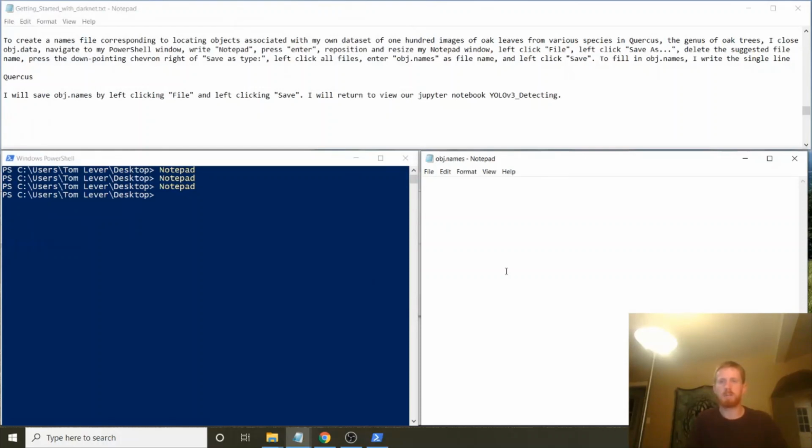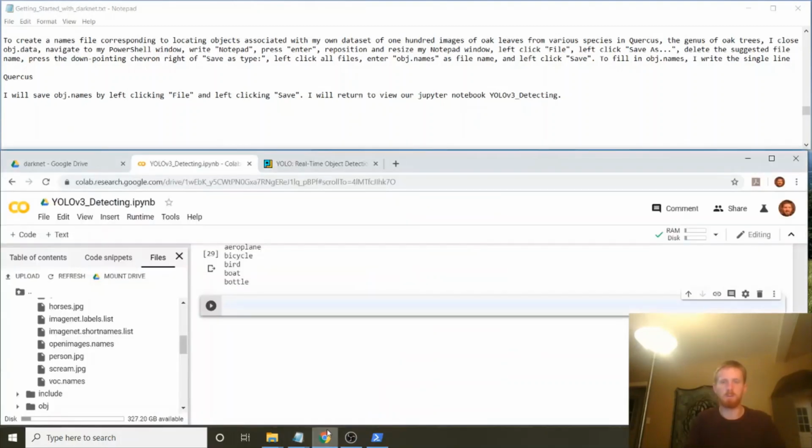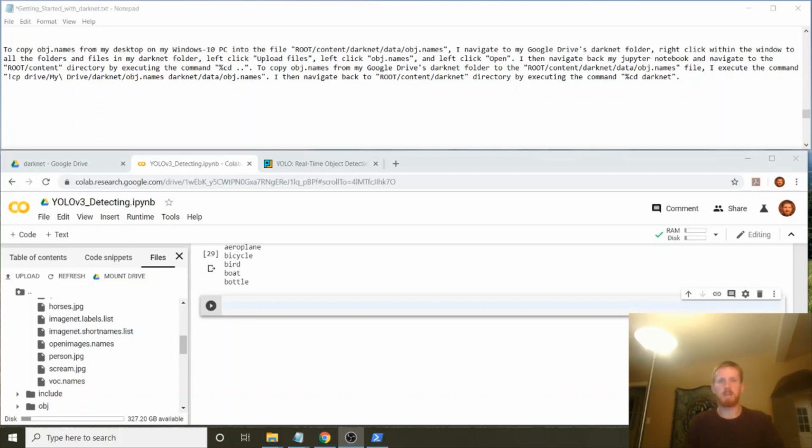To fill in object.names, I write the single line Quercus. I will save object.names by left-clicking File and left-clicking Save. I will return to view our Jupyter Notebook YOLOv3 detecting. To copy object.names from my desktop on my Windows 10 PC into the file root content darknet data object.names, I navigate to my Google Drive's darknet folder,